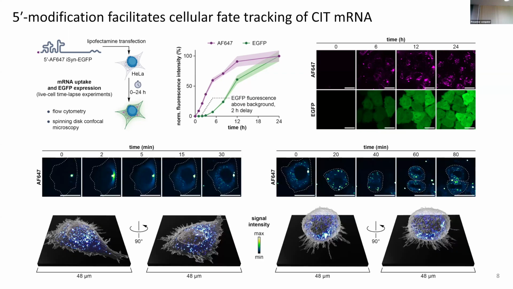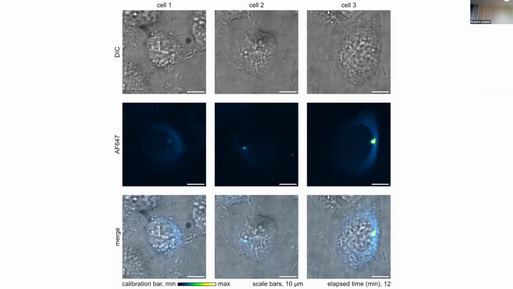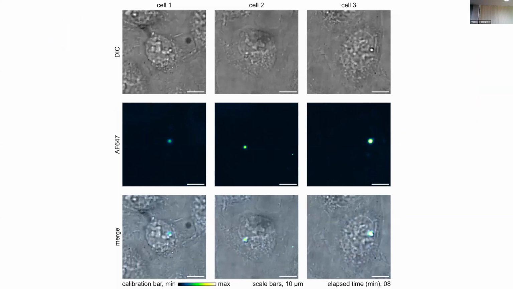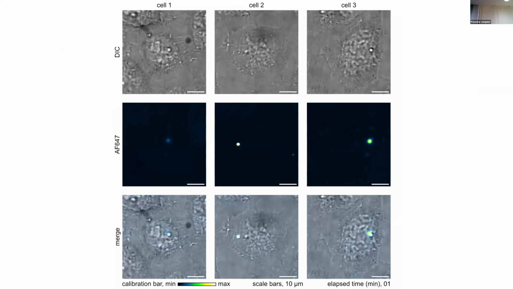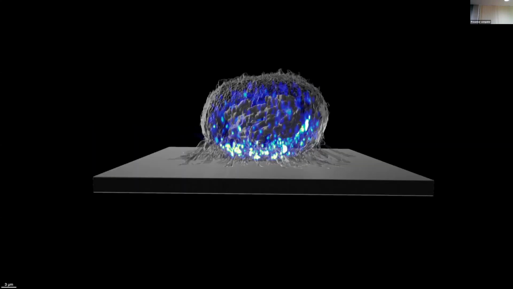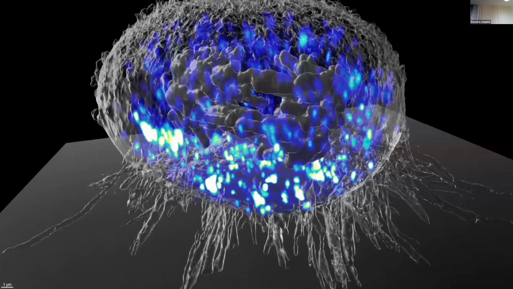Furthermore, we wanted to see how it performs in some more demanding applications. So we performed time-lapse imaging as well as live cell 3D imaging that are more demanding because there is much more light that is, let's say, delivered to the cell. So the constructs can be more prone to photobleaching. And as you can see here, we can very nicely track the delivery of the mRNA to the cell, as well as, thanks to very strong expression of the protein, we can resolve such fine details as the retraction fibers